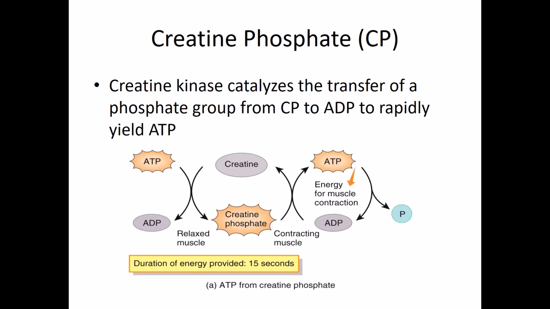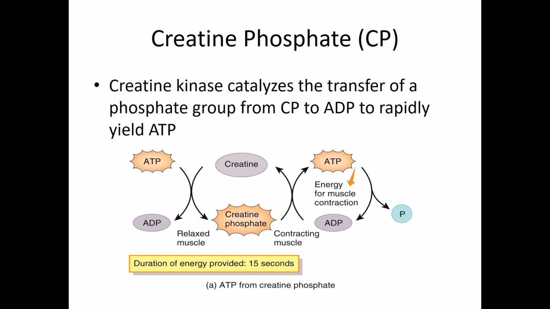Creatine phosphate is similar to ATP in that this is a storage molecule for an extra phosphate. All creatine phosphate does is go to your muscles and store a phosphate, so that phosphate can easily be moved by substrate level phosphorylation and transferred to an ADP, adenosine diphosphate, to quickly make ATP to generate muscle contraction. It is a storage molecule called creatine phosphate that can quickly convert that phosphate to ADP, and you can make